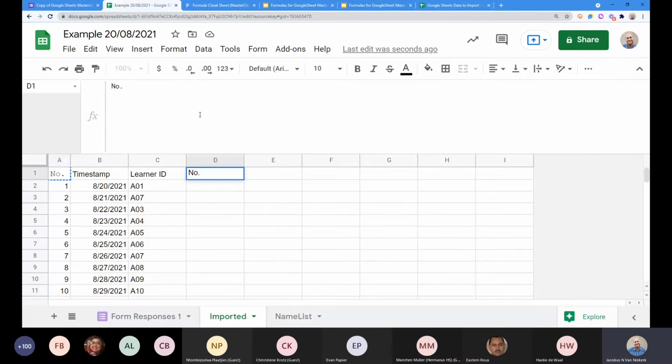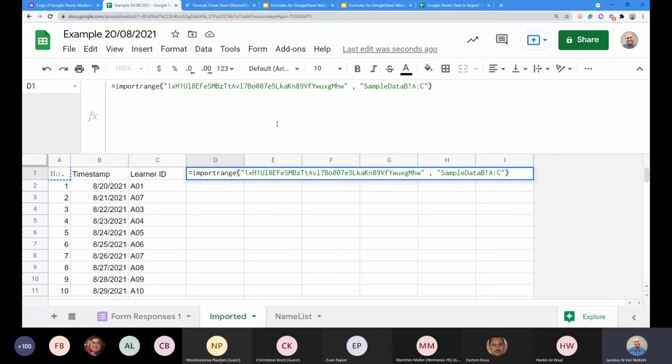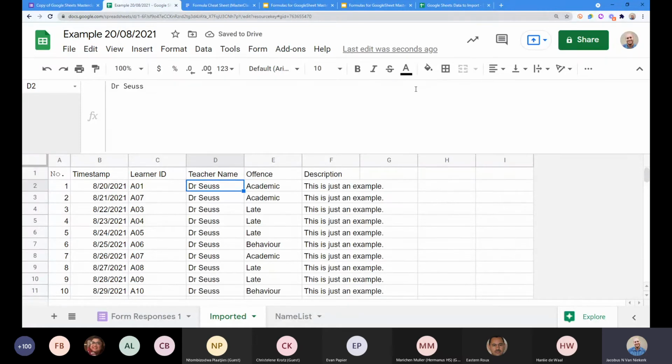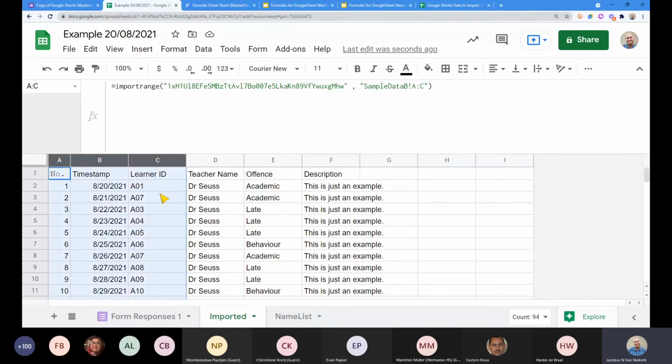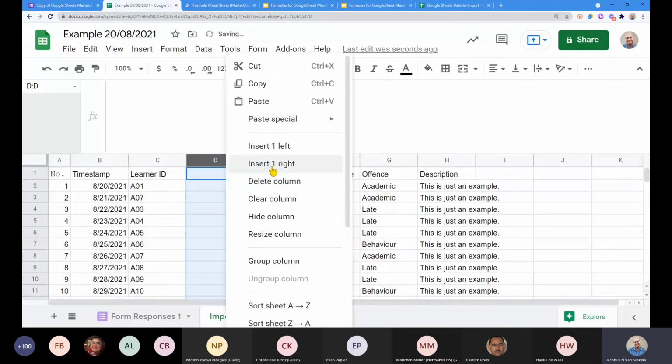And here, sorry, I just want to copy the formula. I'll add the formula, but this time I'm going to specify, and now it's going to run from D to F. Now, again, you could do the same thing with named ranges, of course. If I went to my other sheet and said, this is the import data first and import data second, however you want to do it. But now the nice thing is I can insert my columns in between as well, because this is only writing information to the first 3 columns. So now if I go insert to the right, you'll see it actually allows me to do that.